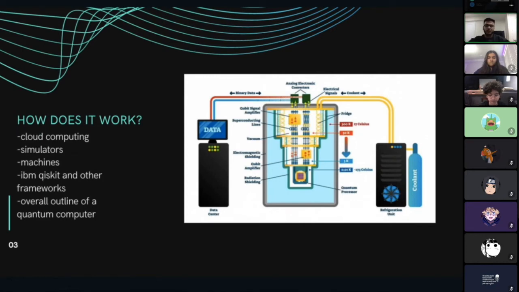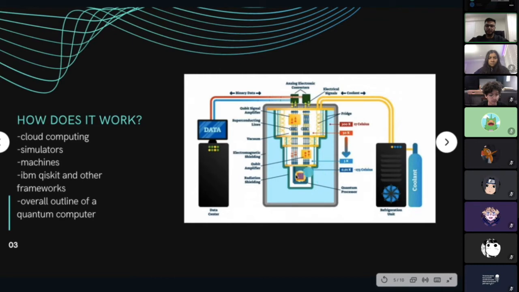So how do they work? Here's just a simple diagram. We have the quantum computing here. It's basically where all the electricity flows through and the conducting lines are. And the main thing is that for qubits to achieve superposition, which is what allows them to get like the probabilities instead of just 1 and 0, it has to be in a very, very cold environment. So it has to have, I think, close to freezing point or 0 Kelvin, which is very, very cold. And that's why not everyone can just access them directly. And that's why they have refrigerators.